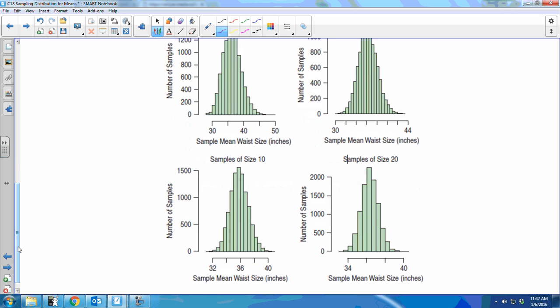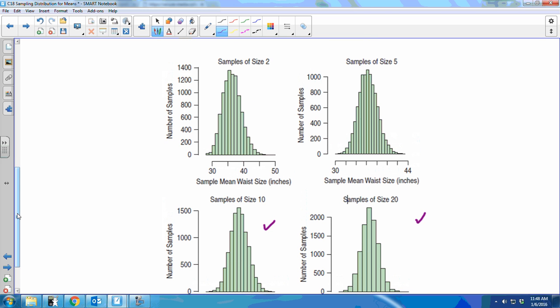So I'll start at the largest sample size. We have samples of size 20. That is fairly unimodal and symmetric, and so already normal. So I'd be okay with using sample sizes of 20. Seems legit to me. If you're looking at samples of size 10, again, already unimodal and symmetric. The sample sizes of 10 seem to be fine. In sample sizes of 5, we still think that's roughly unimodal and symmetric. So I'd be okay with sample sizes of 5 in this case, because the distribution seemed to be unimodal and